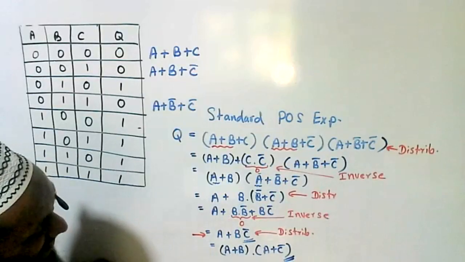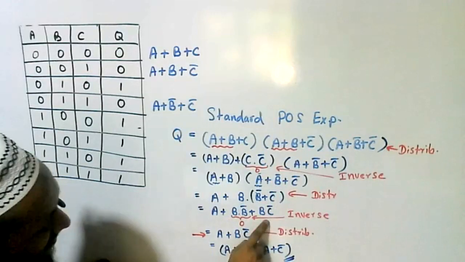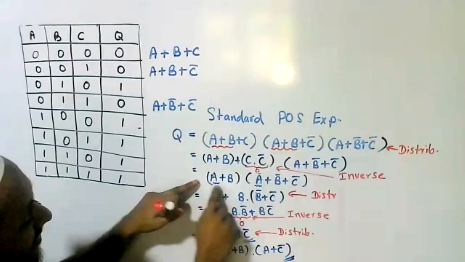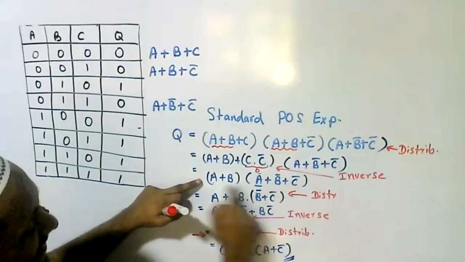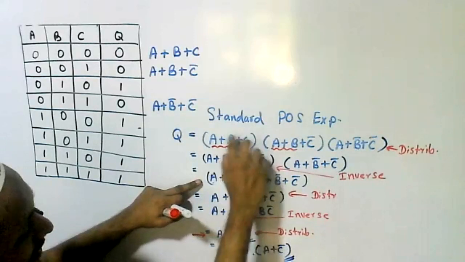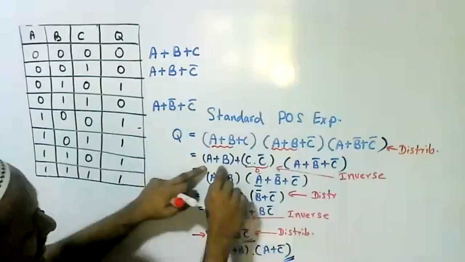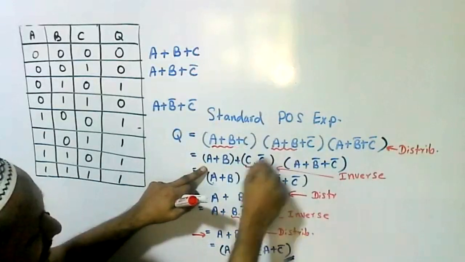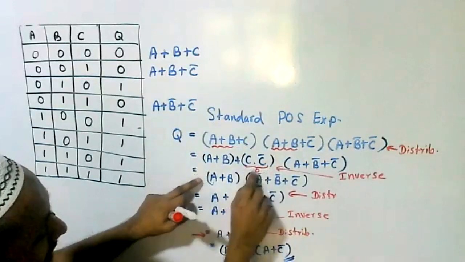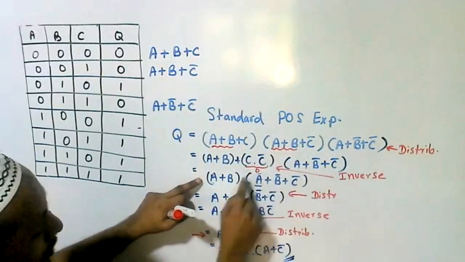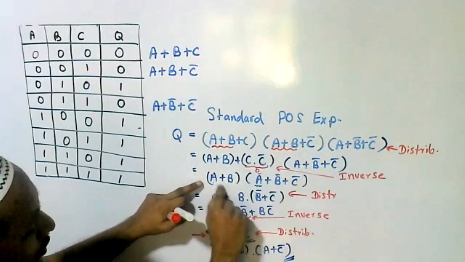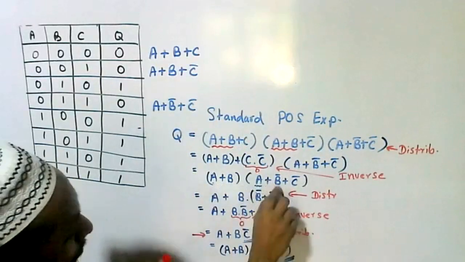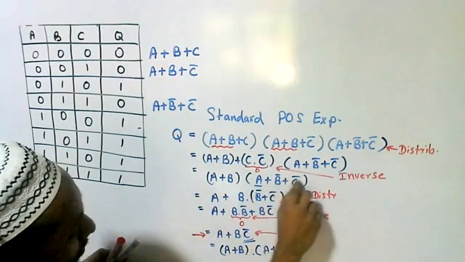Why are there 3 B's? Only 2 B's are there here, no? Right, okay. I'm coming to here. Is it clear? We took A, B common. Then C and C bar we took separately. Then we simplified it. C and C bar, according to the inverse law, becomes 0. So A, B into A, sorry, A, B bar, A plus B bar plus C bar.